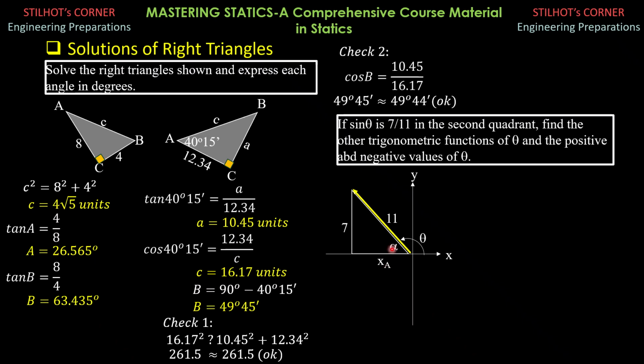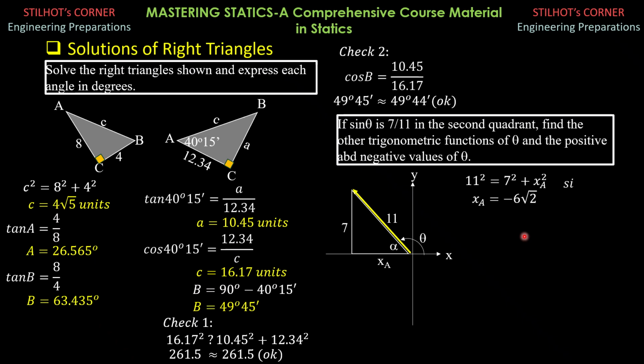By the way, I denote this with an angle alpha and treat everything as positive because this is an acute angle. So 11 squared by Pythagoras theorem equals 7 squared plus xa squared. Xa is plus or minus the square root of 11 squared minus 7 squared. But we drop the positive sign. We use the negative sign because we anticipate that xa is negative. So that's why xa is negative 6 square root of 2.